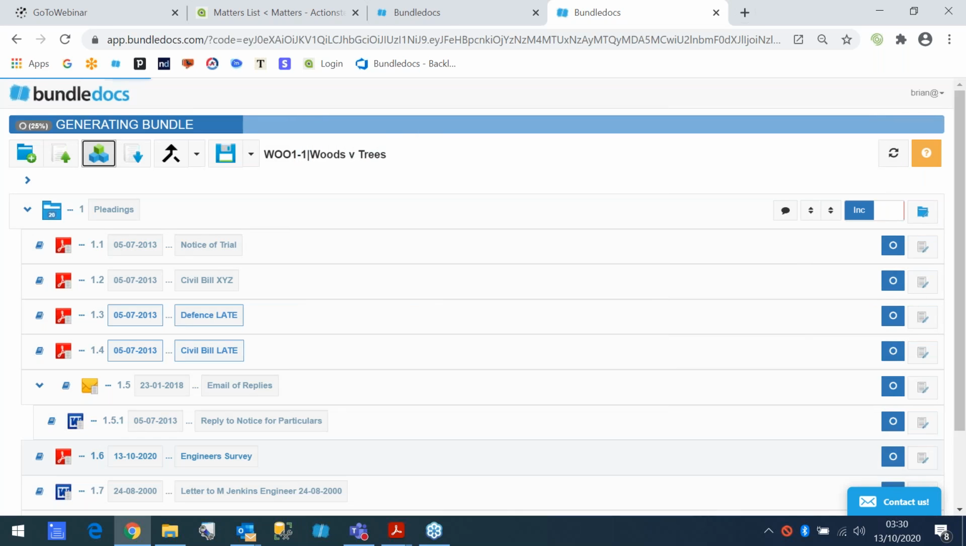So very quickly, the idea is that you get into the habit of generating a bundle in each instance with somebody in mind. If it's for the other side, for the court, for your client, for whoever, you may produce different versions of it. And that's the idea behind it. So if I just quickly look at this,